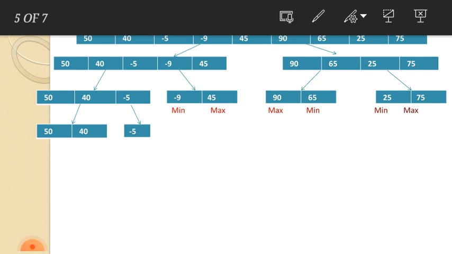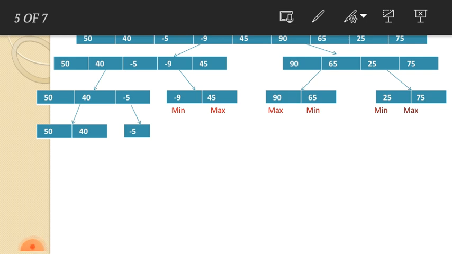In minus 5, there is only one element, so we can directly say that it is minimum as well as maximum. For this part, 50 is max and 40 is minimum. Similarly, we can find the minimum and maximum number in the other partitions.